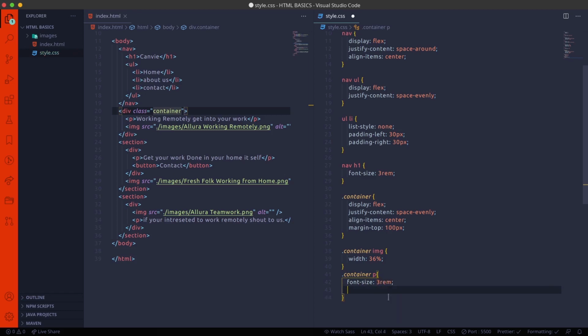And I want to increase the width to 399 pixels. The margin bottom 50 pixels. So now you can see.